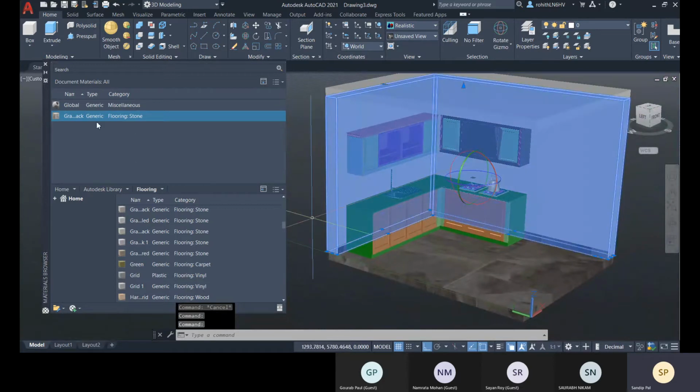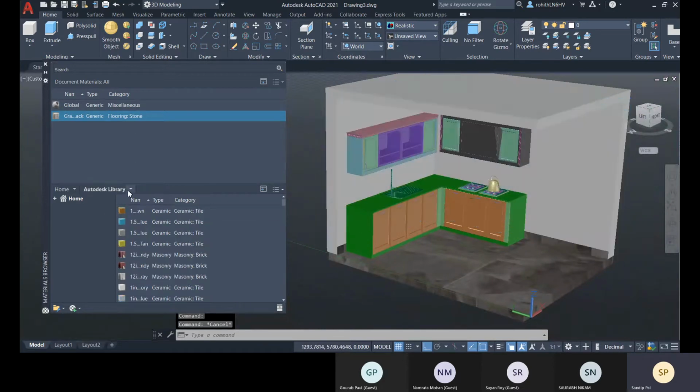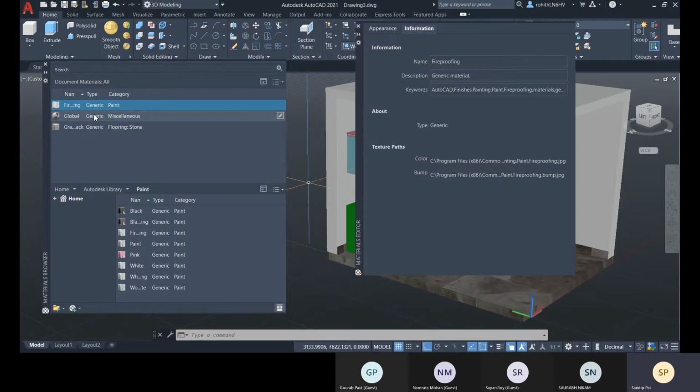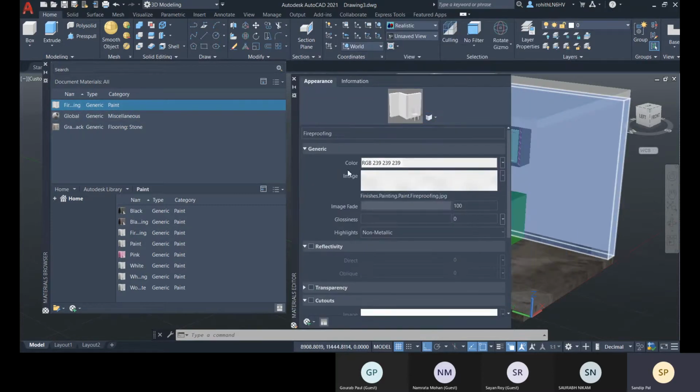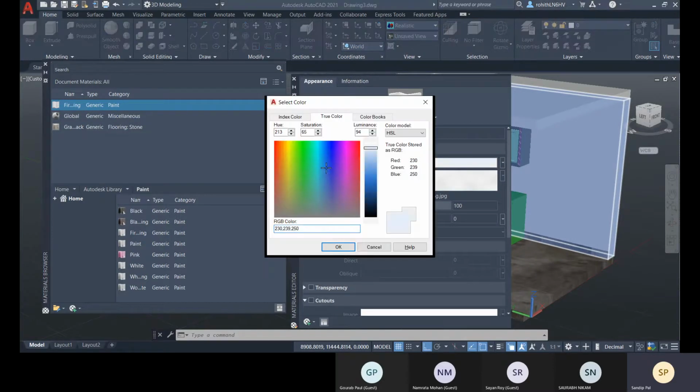Now about this wall, for that you can go to this, and you can apply some paint over there. You can choose any of these, and there you can add material to document first, and then go for the edit, or else you can do both. You can add the material to document and display in editor as well with this option. So see, directly it is added to this document, and also the material editor is opened right now. So you can choose color, you can change the color.